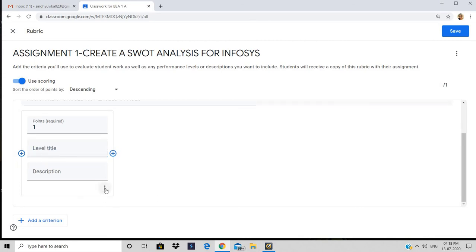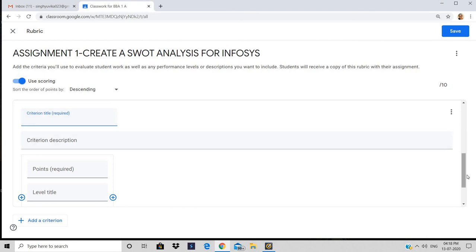In the same way, we can just add on different criteria. Like suppose I'm providing, because my assignment is of 20 marks, so I'm just providing 10 points to this criteria. Now we can also delete this level or add another criteria, like here.